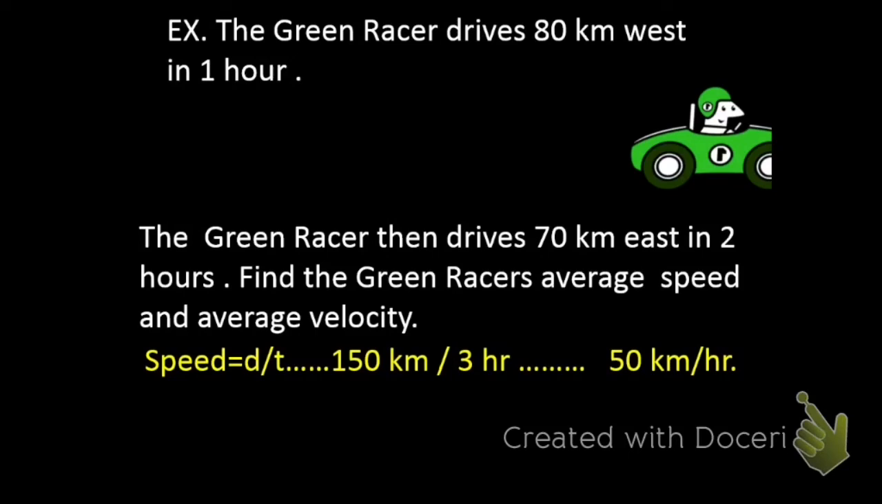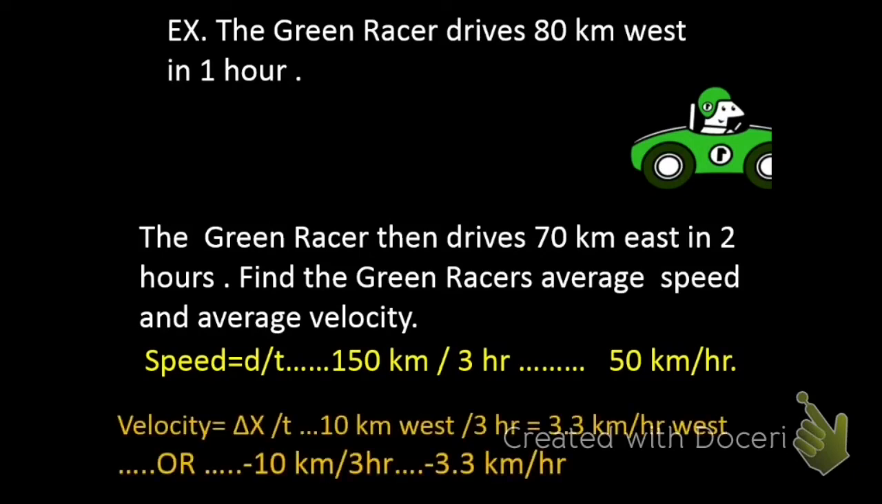But when we're looking at velocity, we need to consider his displacement. 80 kilometers west, we'll call that negative 80. 70 kilometers east, we'll call that positive 70. His displacement is actually 10 kilometers to the west. Now we can write that 2 different ways. We can keep talking about the direction. He ended up 10 kilometers west of where he started. Or we can talk about it in terms of a positive or negative. We called west negative. Either way, it's 10 kilometers over 3 hours, so our number is the same, 3.3 kilometers